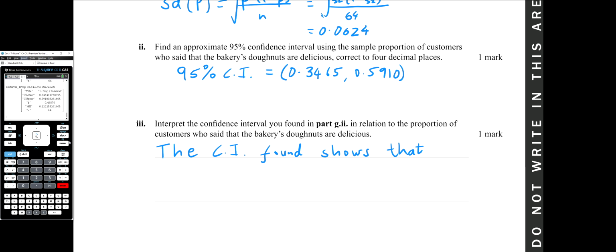The meaning of the confidence interval over here is that you would expect 95% of these confidence intervals to contain the true population proportion. So this confidence interval found shows that